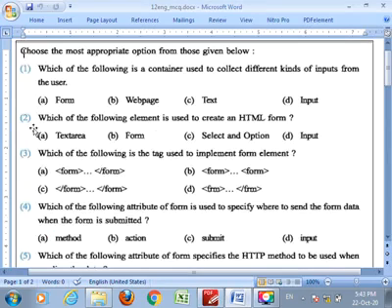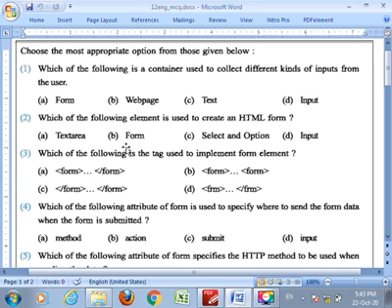Next question is, which of the following elements is used to create an HTML form? Which element? The form element is used to create an HTML form.